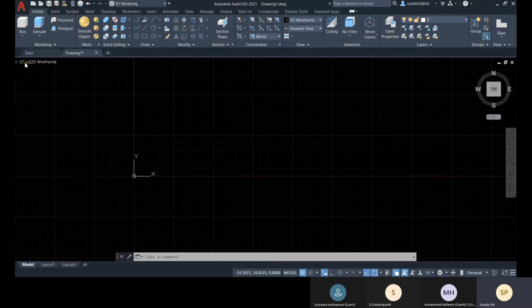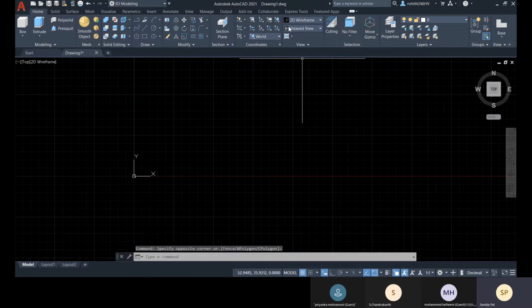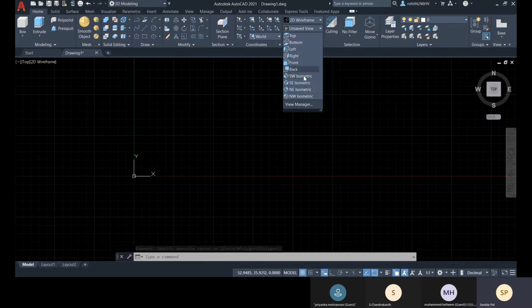From this view control menu, you can switch to SW isometric or SE isometric. So we have four isometric views. You can switch from this, or else you can come to this view tab here. Here you can switch to SW isometric.